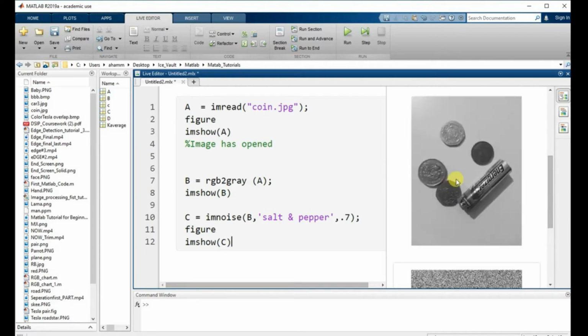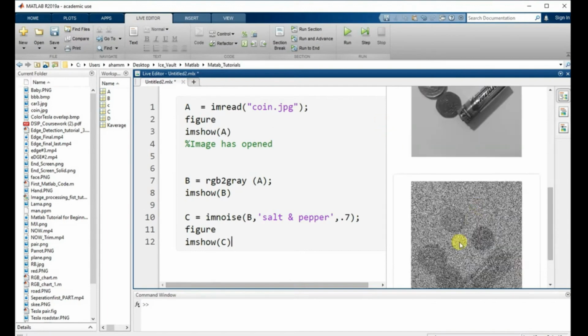Here we can see this is our image before the noise addition,